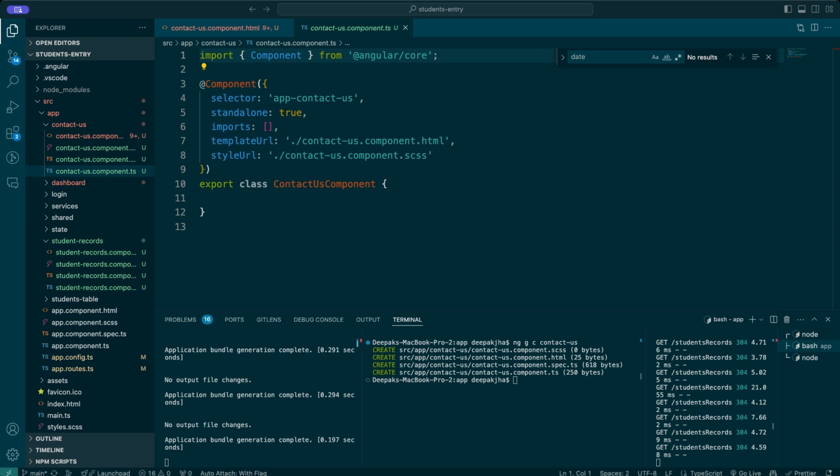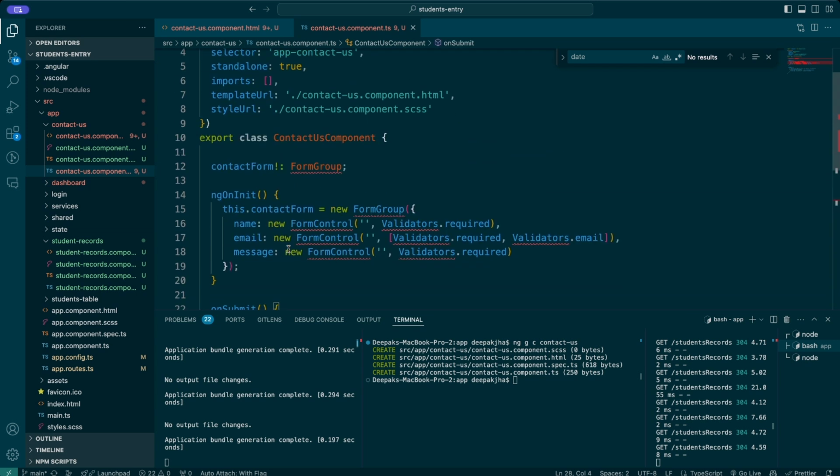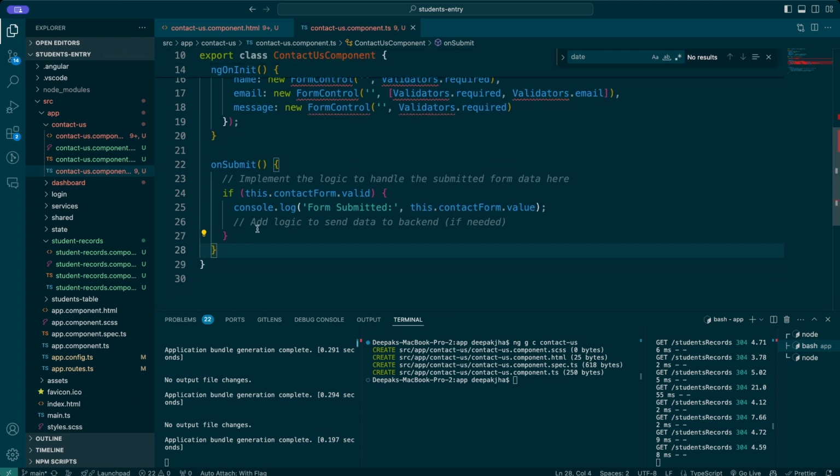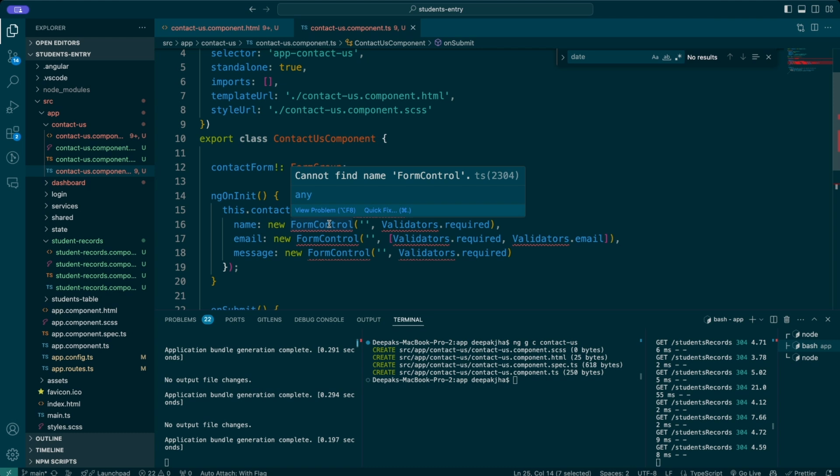So in order to write the TS file, I'm just going to be writing a contact form, and after the contact form, I need ngOnInit. And after that, I need a few more things. I need another function which is onSubmit, basically to submit, and I'll do some action. I'm just writing down in the console log the form that I'm going to be submitting, right? So let me import this